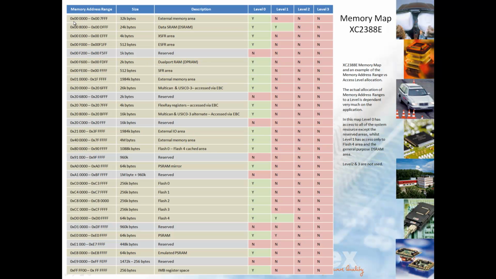So for example, I've got from 0 up to 7FFF, this is external memory space, and from 800 through to DFF we actually have the data RAM, which is the general purpose SRAM area. We have a couple of other areas as well. We've got the dual port RAM, and for this particular part we also have the cached area as well. So flashbanks 0 through to 4 are mirrored in the flashbank area 8000